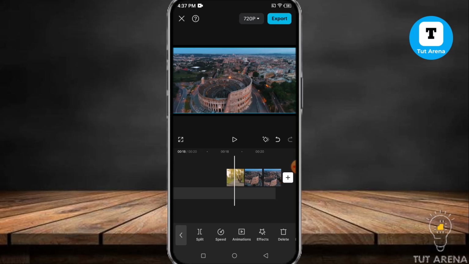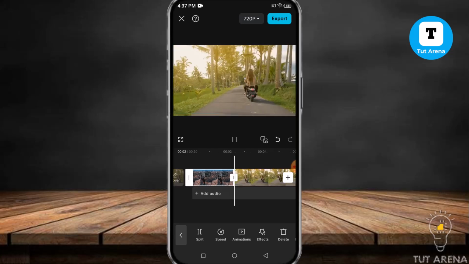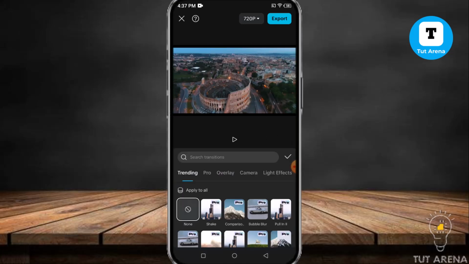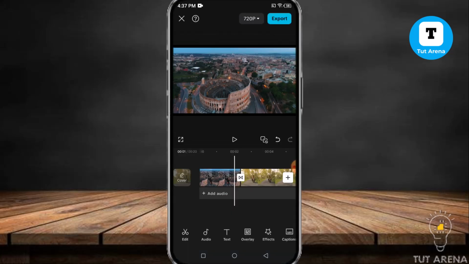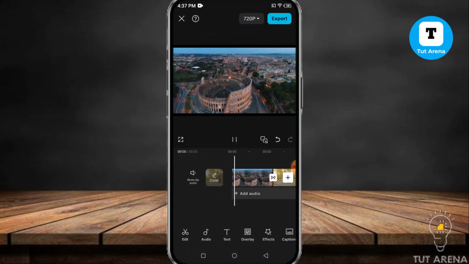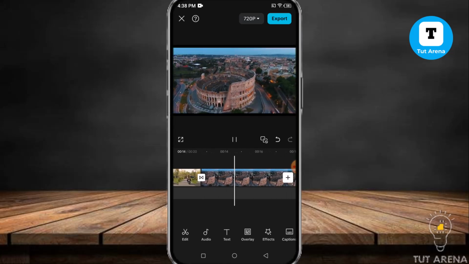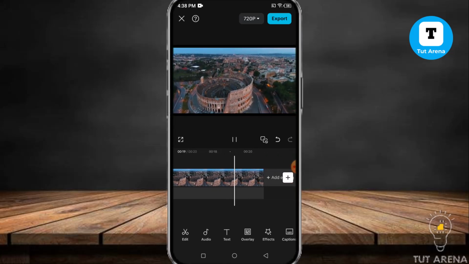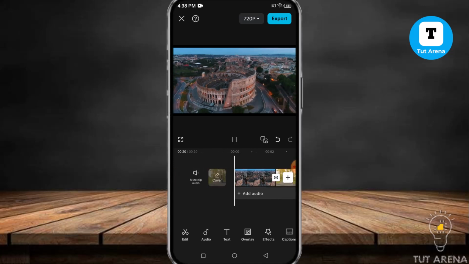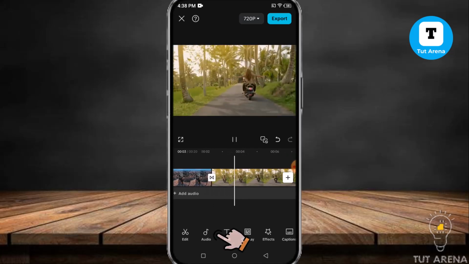split your video and then press and hold on the last clip and then move it like this at the beginning. Then you guys can find out the loop. Now let's add transition here also. Here you guys can see the loop happen at the end, and then the video begins at the starting, and